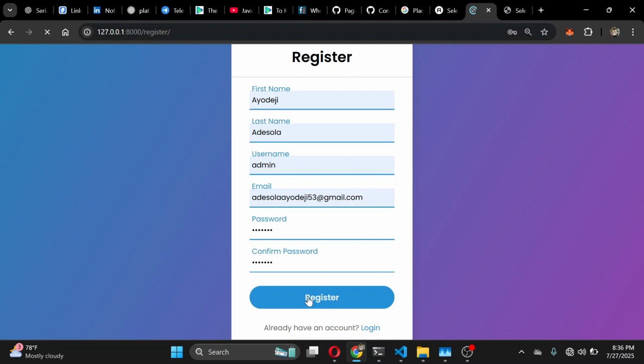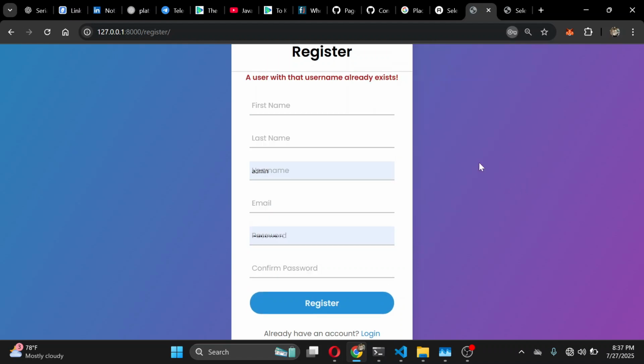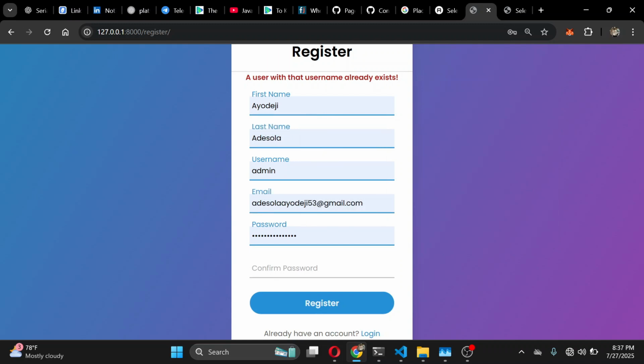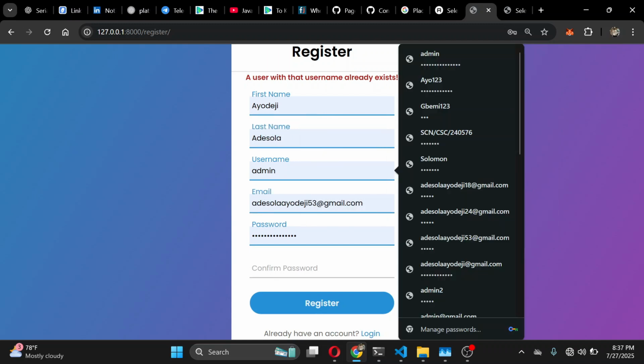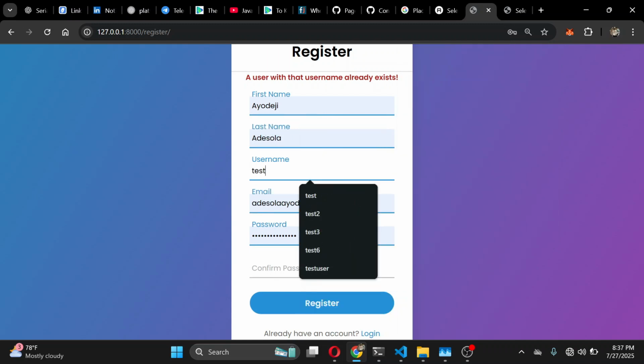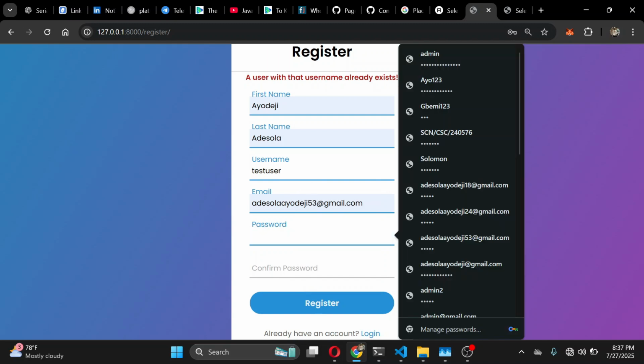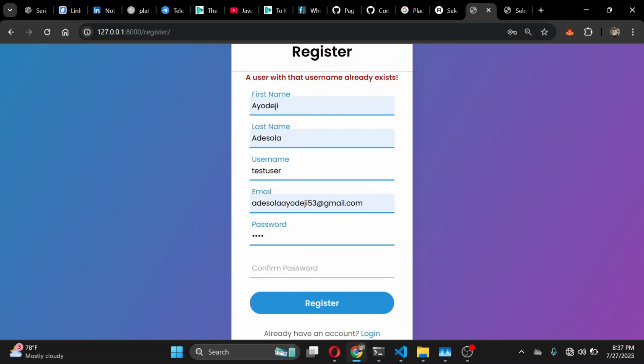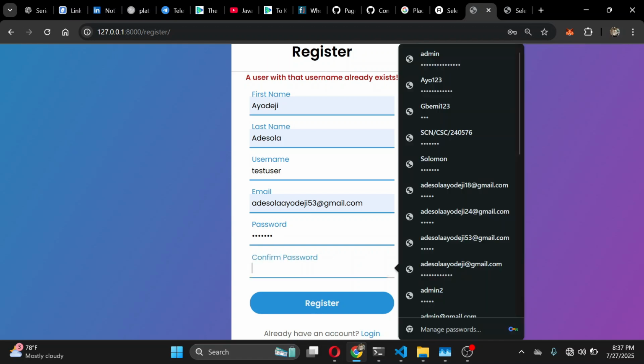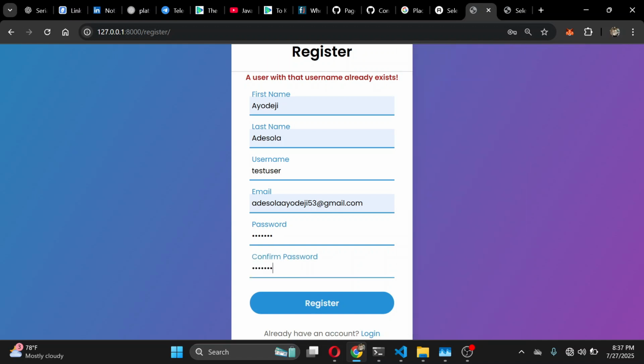And once I click register, it now says a user with that username already exists, because the username which I selected was admin. I'm just going to change the username to test user. And the password, I'm going to change to something else, which is going to be testing. And the confirm password is going to be testing also. So once I hit register,